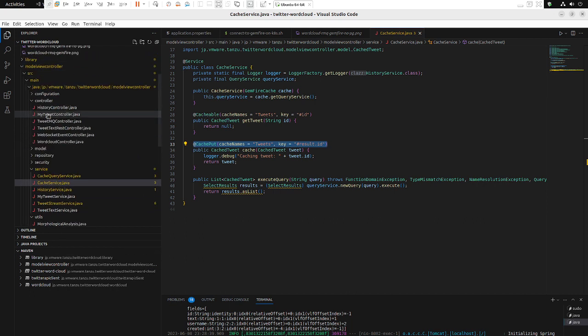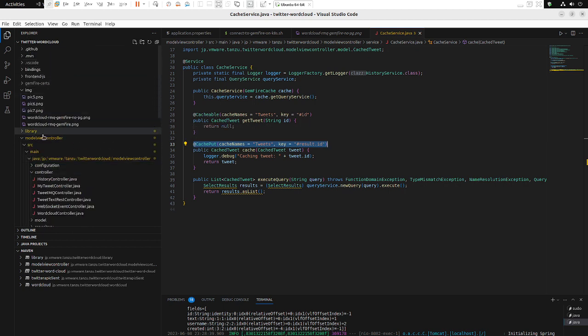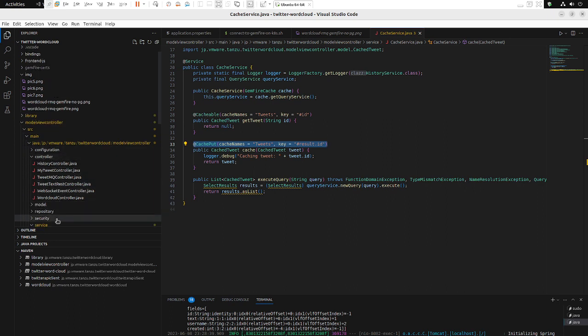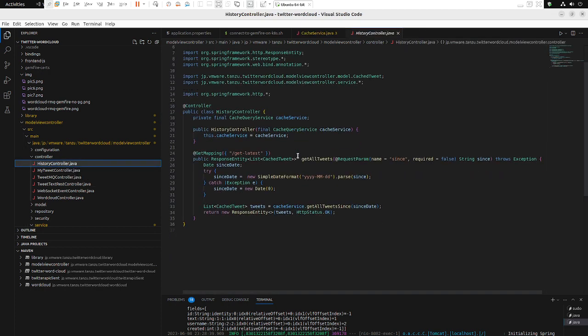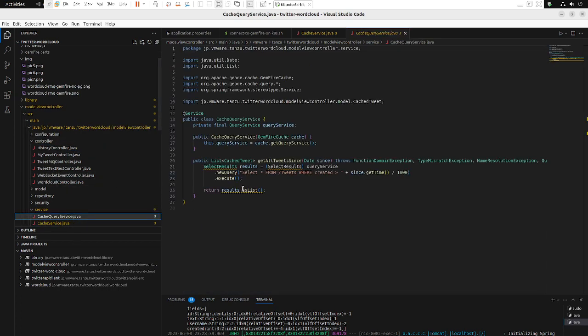We have the project structure on our left. We have configuration, controllers, model, and services. Controllers are the entry point for our HTTP requests. Each controller is lean and stateless. Controllers call services, which are also stateless, and this is where the business logic is.